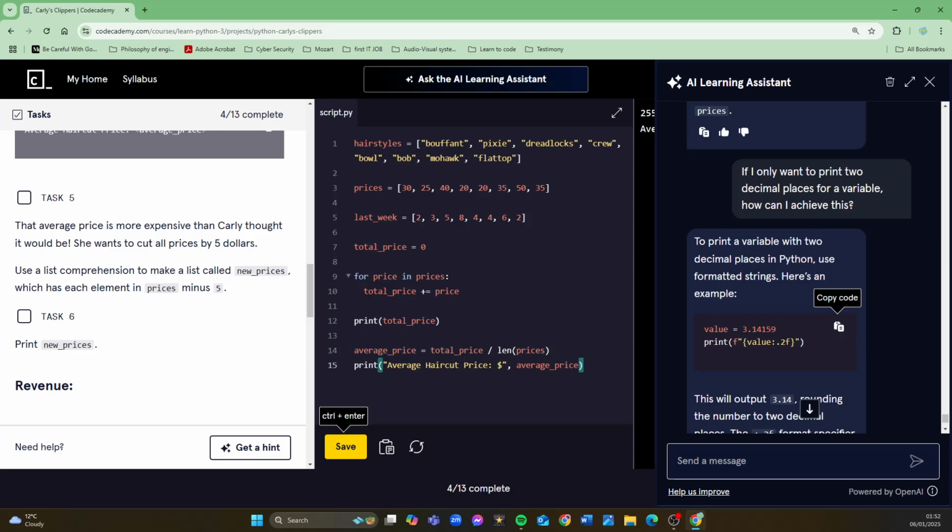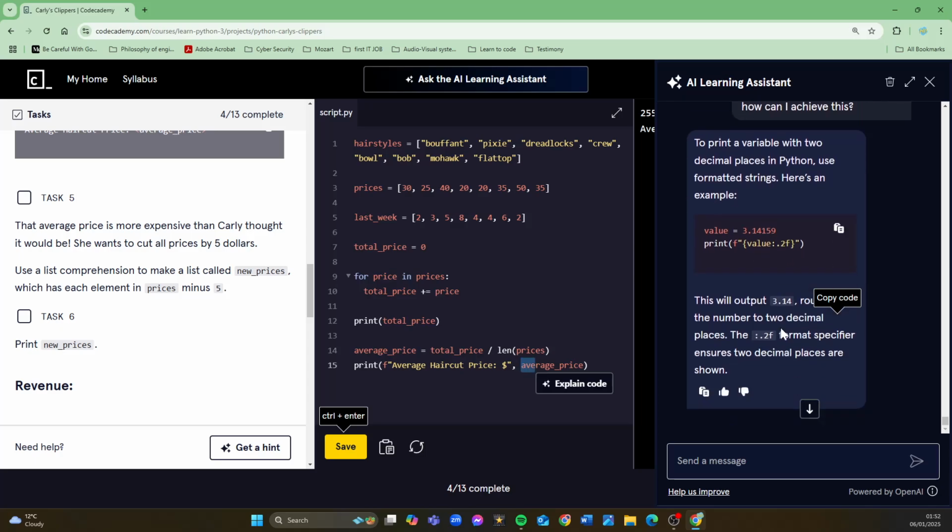So I make this an F string, and then I have to use curly brackets and then do average price dot 2F. Will that work?